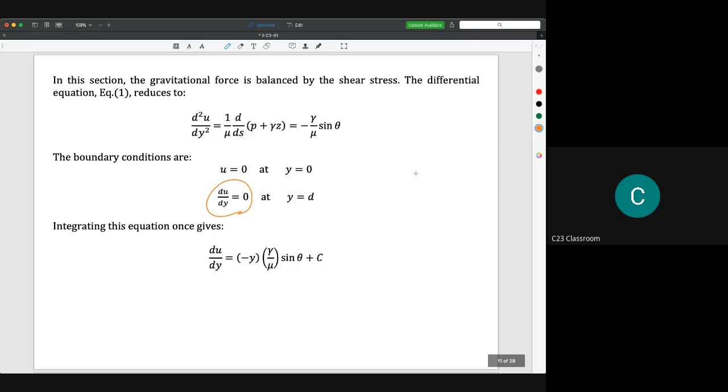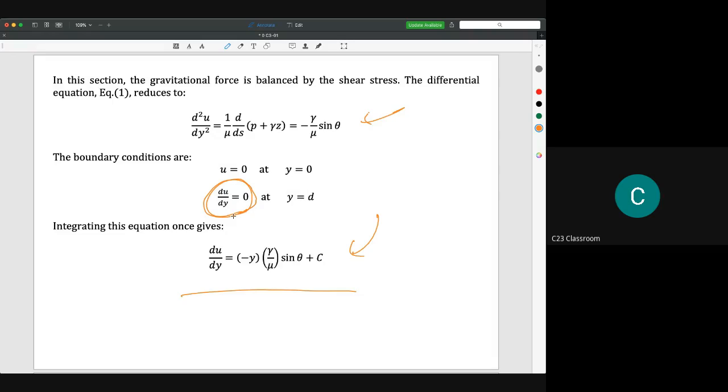So I simplified this one. You need to integrate this equation 1. So you have this one, and then after we substitute the value, if you try to integrate this one, you will